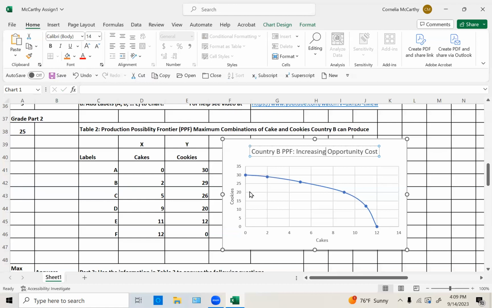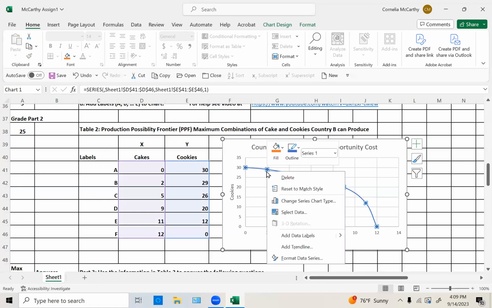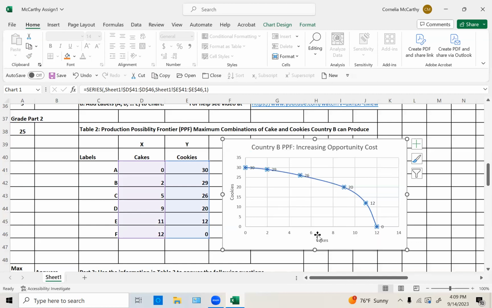And that's all. Oh, and the last step is to label the points themselves. So if you point at one of the dots and click with the left button, it's going to give you a marker on the dots. Then again, if you click on the same spot, but you now right click, it's going to give you the option to add data labels. So we're just going to add data labels,